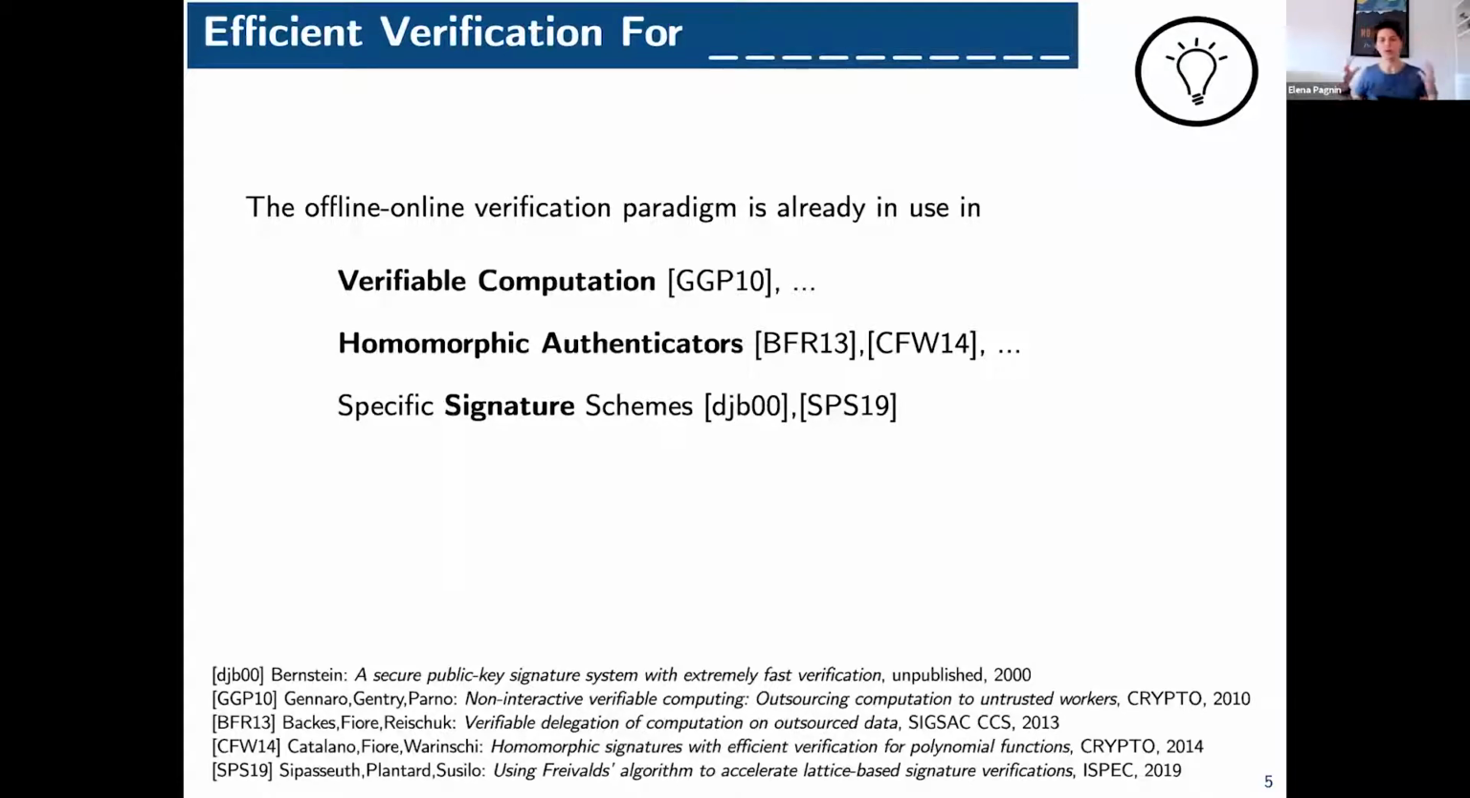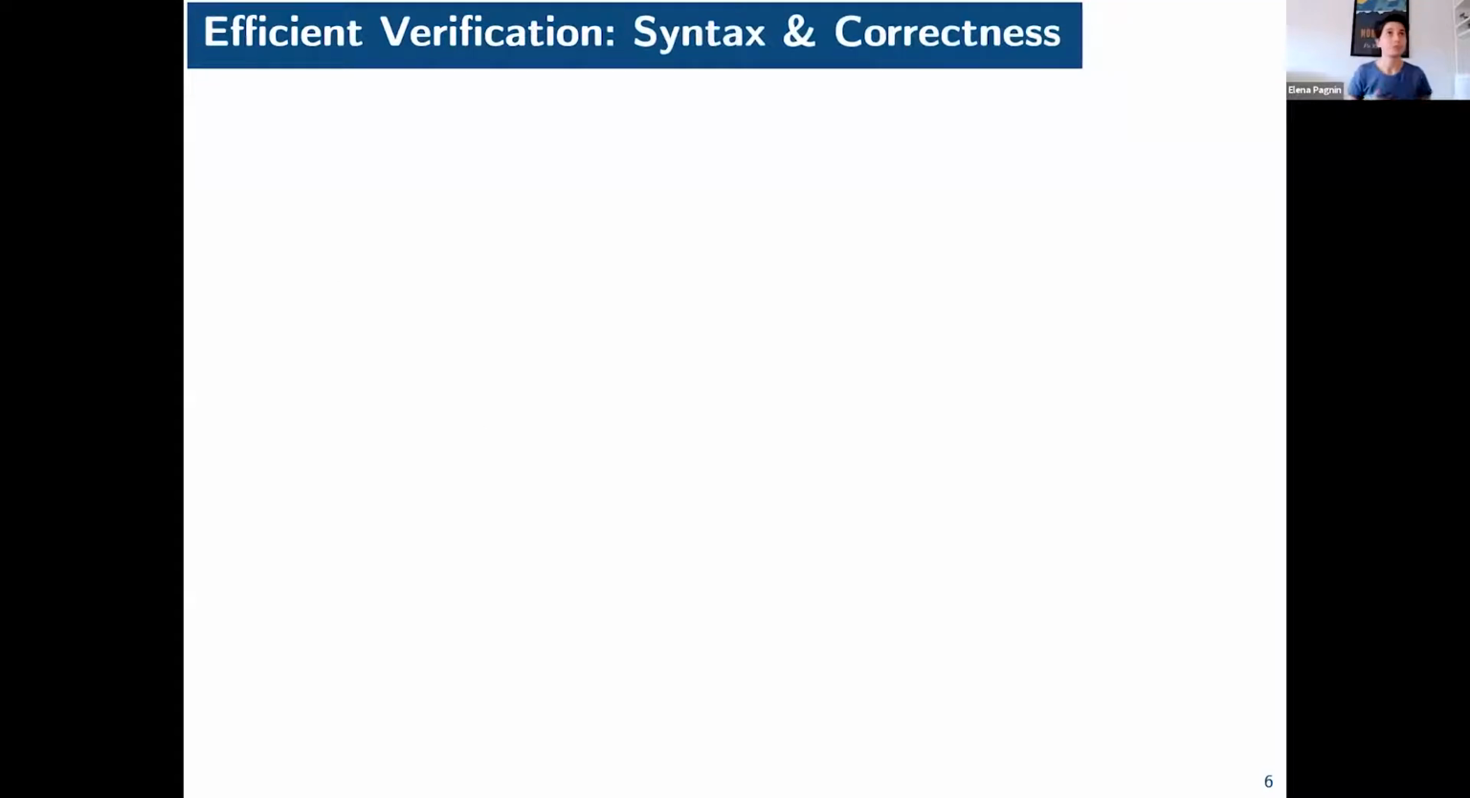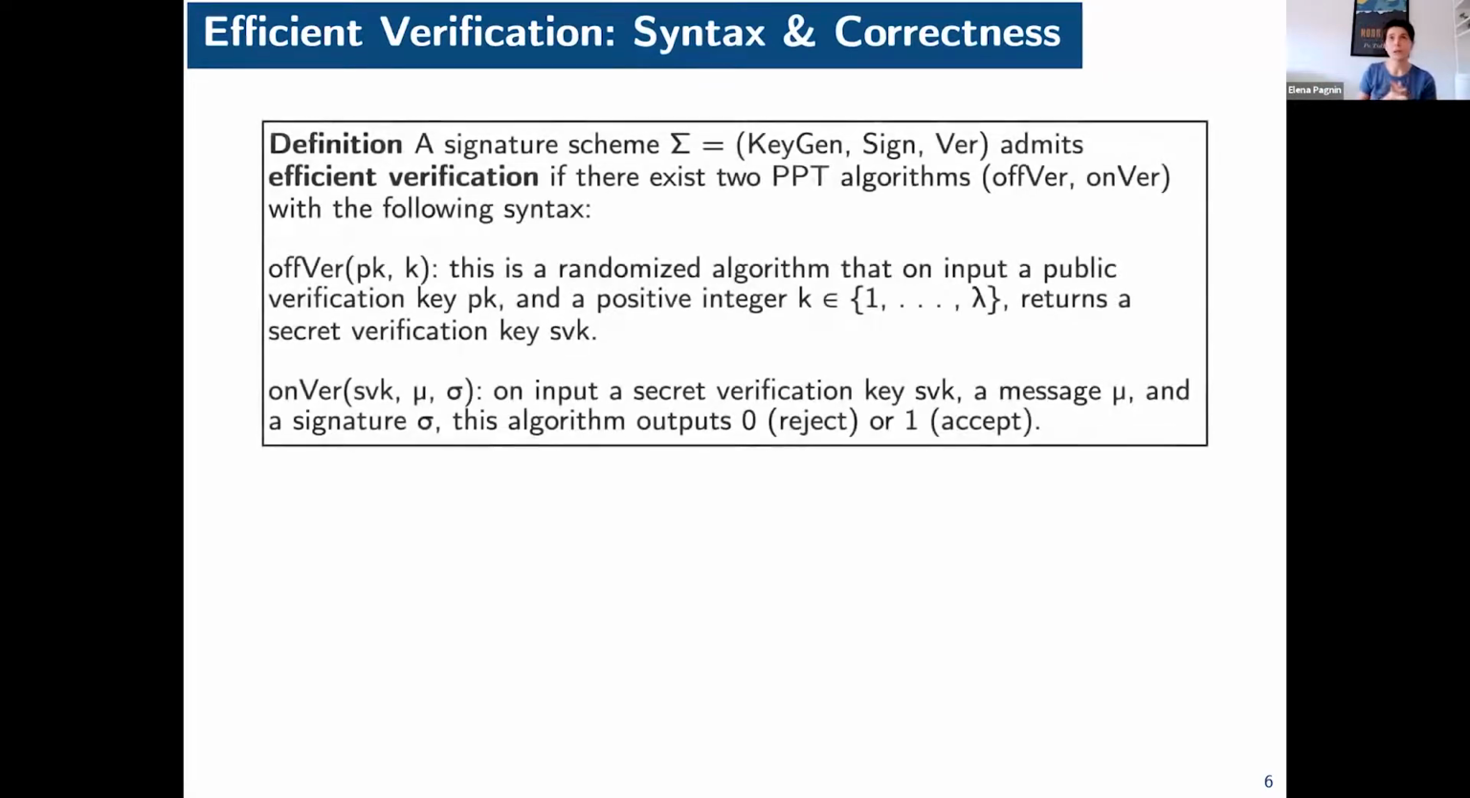We want to have a general way to create the split, and especially the online efficient verification for a generic family of signatures. But before we do that, we need to clarify what this means. So what is the model we're working with? The syntax is going to be: give me a signature scheme, so key generate, signing and verification algorithm. An efficient verification will be a couple of two probabilistic polynomial time algorithms, OffVer and OnVer, with the